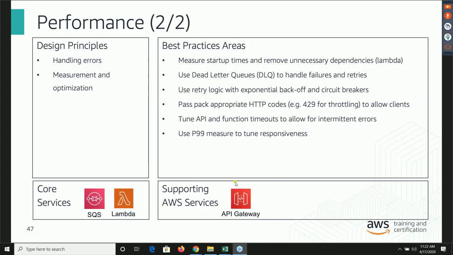So when we are talking about using retry logic, what happens if, within your function code or the client, the typical way is: okay, it didn't work, your request failed, you retry immediately, maybe for a given number of times, which is good. But you also have to make sure that if you use it indiscriminately, you might end up swamping the system, because let's say there is a bug and your